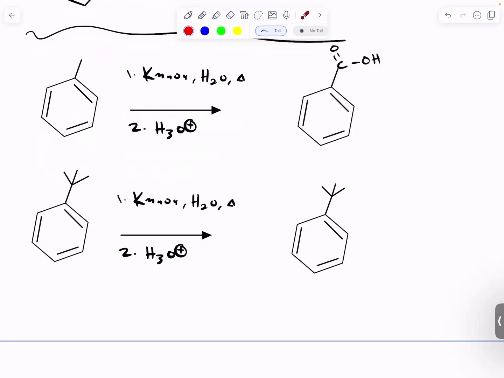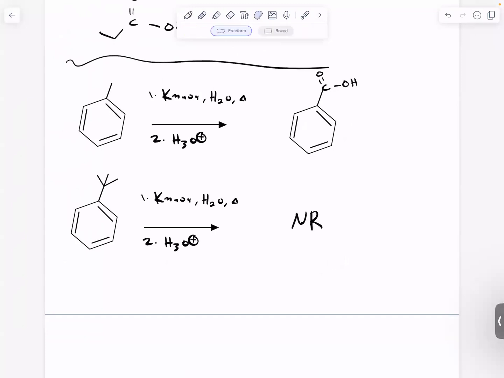But if you're at that point where it's so branched and the benzylic carbon doesn't have a benzylic H, then we have that limitation where we're unable to make the group that we want. We're unable to make that carboxylic acid. And so we end up getting no reaction. So then a couple others,